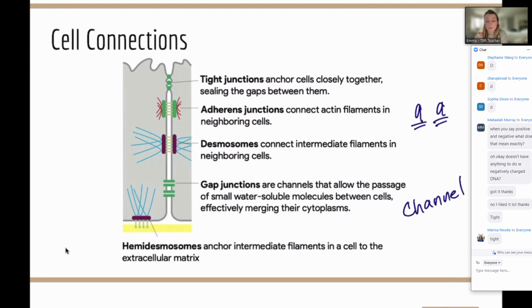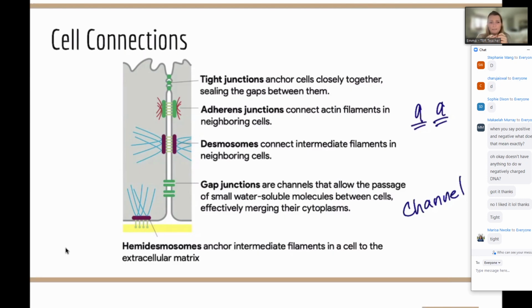We want those to be absolutely tethered together. The benefit is that then they stick together. The downside is if you damage one, potentially if there's tension on one, it's tension on all of them, which is like why wrinkles happen. So you're kind of pulling them all in one direction or the other. But tight junctions are going to be really helpful in that.